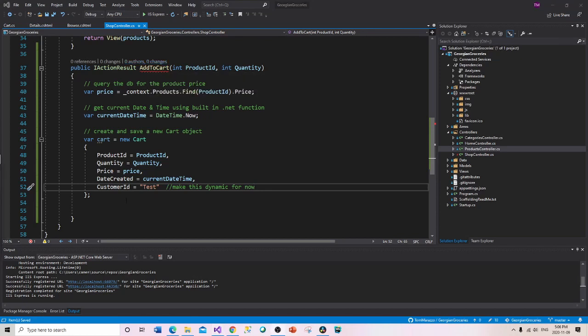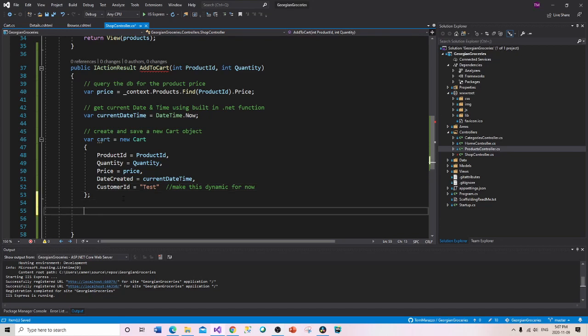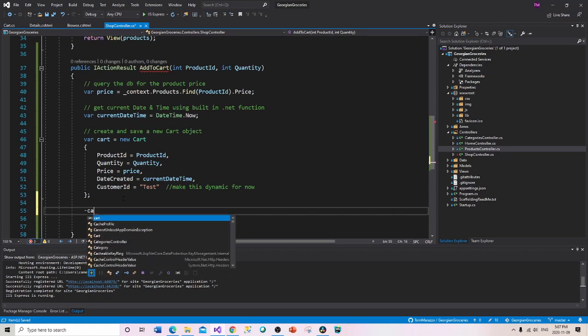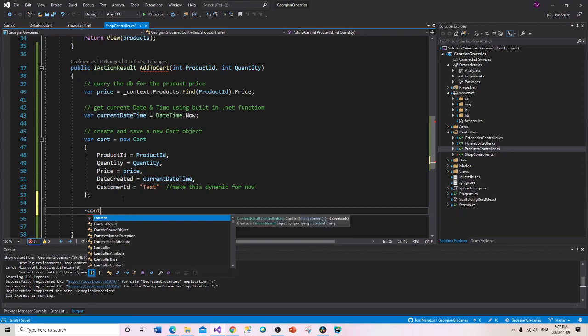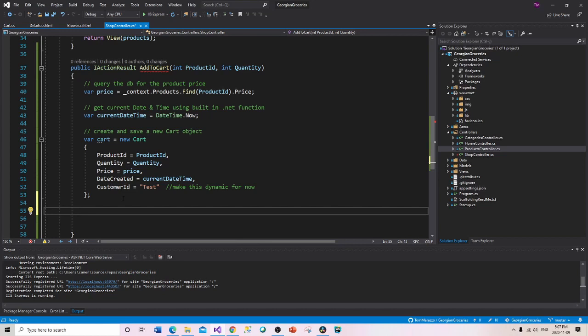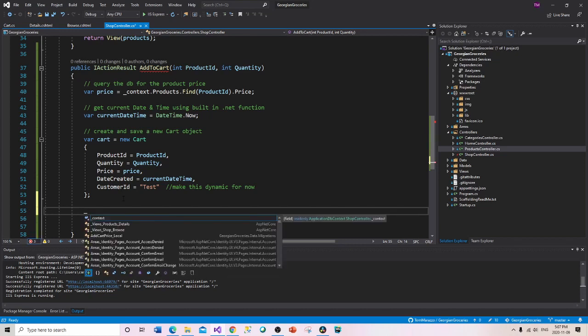Now the way I want to add a new record to the cart table is down here. I want to do underscore context. Is it in there? I was hoping it was in there. Context, it should be, sorry, underscore. Okay, underscore context